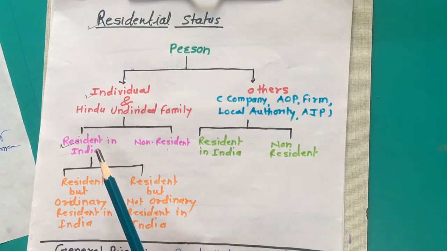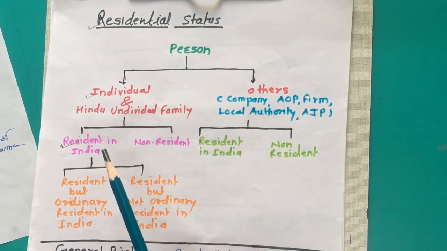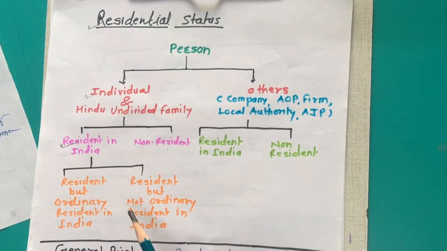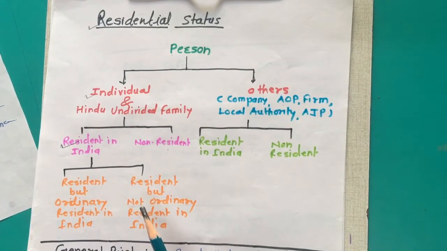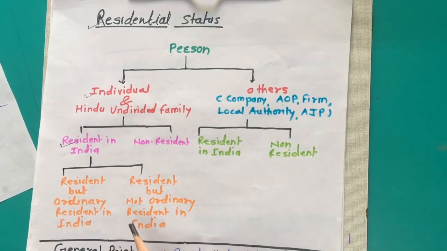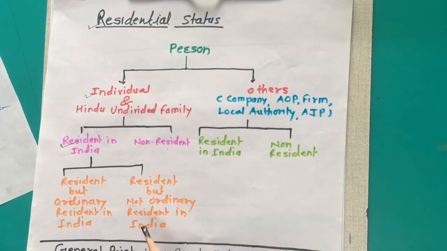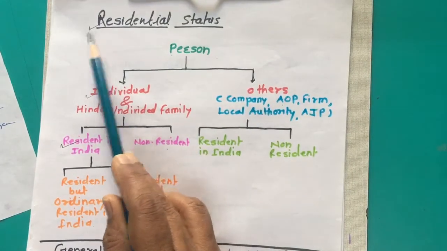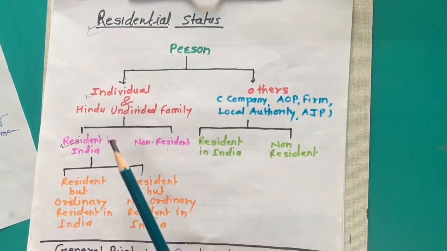At the time of determination of residential status, some questions arise, such as whether an income earned by a foreign national in India or abroad is taxable in India, whether an income accrued in India or outside India is taxable in India. Such questions can be answered in the correct manner on the basis of his residential status rather than the citizenship